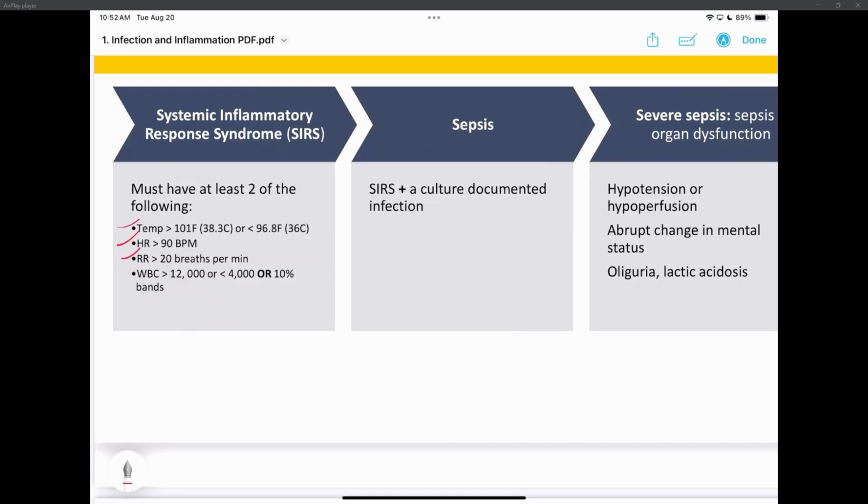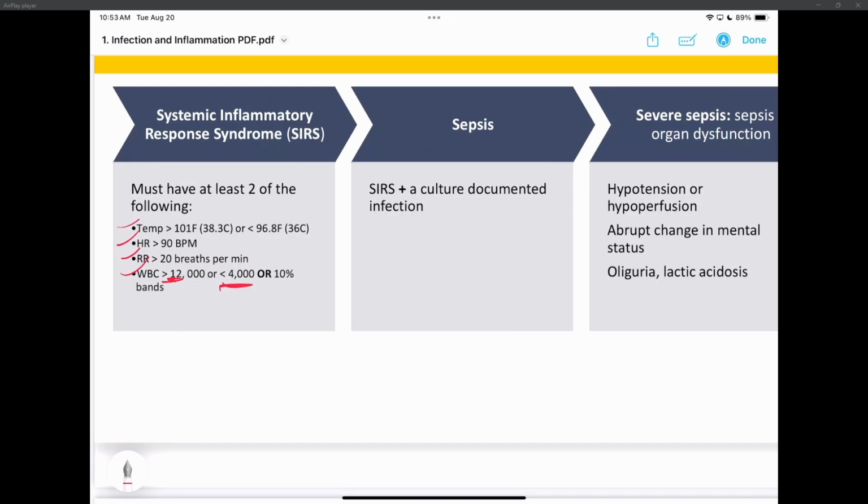And white blood cells either greater than 12, which means that we're fighting off an infection, so we need more army units to handle the battle, so we gotta grow more white blood cells, or less than 4,000. If you have fewer white blood cells than you need, you don't have enough troops to support any battle, you're gonna die. Not die, but metaphorically, you know what I'm saying. Your defense mechanisms can't defeat the pathogen that's coming into your body because you don't have enough white blood cells.